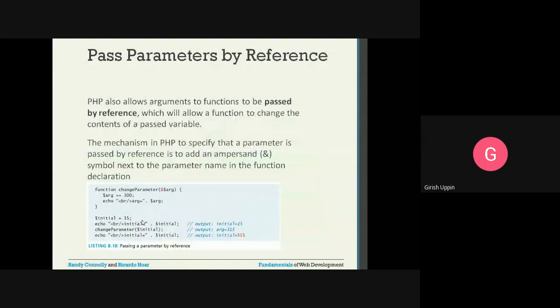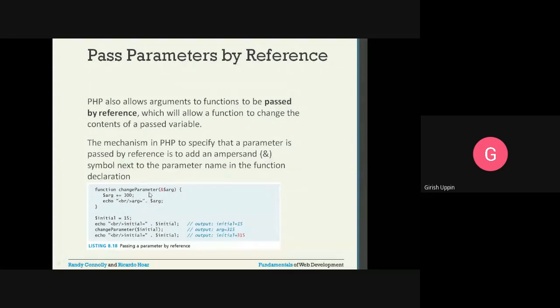Passing by reference. So this is another way, where we give the address of the variable. When you give the address of the variable, you are passing it by reference. And similar to other languages, if we provide an ampersand, that says that instead of sending a copy, send the reference itself, meaning it will send the address.